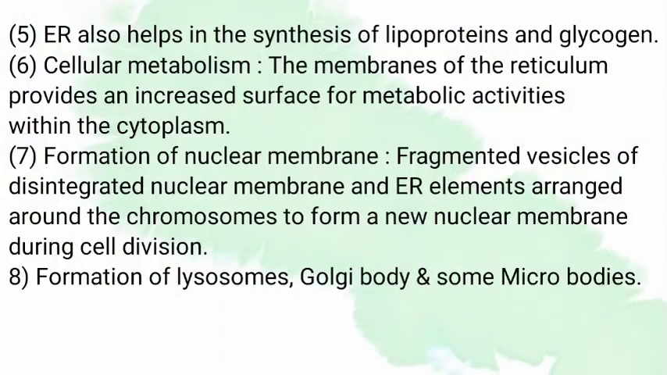Formation of nuclear membrane. Fragmented vesicles of disintegrated nuclear membrane and endoplasmic reticulum elements arrange around the chromosomes to form a new nuclear membrane during cell division. Formation of lysosomes, Golgi bodies, and some microbodies. Endoplasmic reticulum helps in the synthesis of lipoproteins and glycogen, and also helps in cellular metabolism. It also helps in the formation of nuclear membrane and in the formation of lysosomes, Golgi bodies,